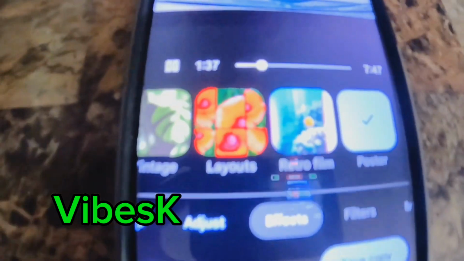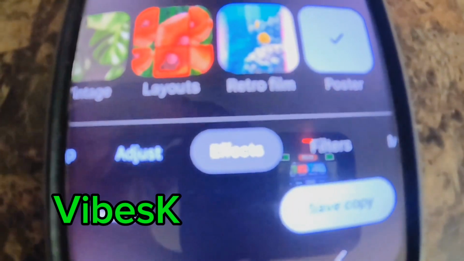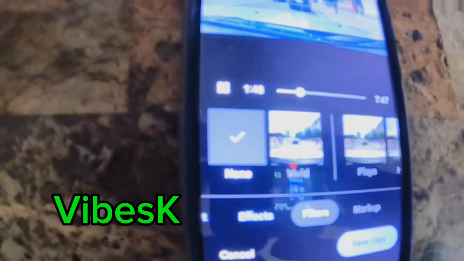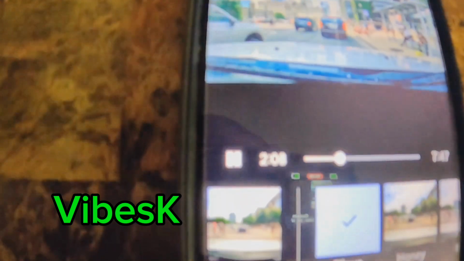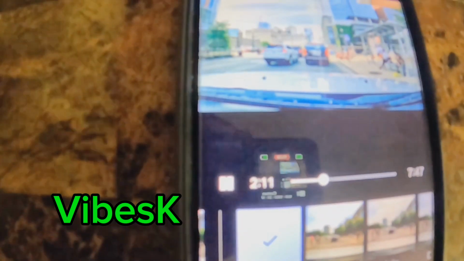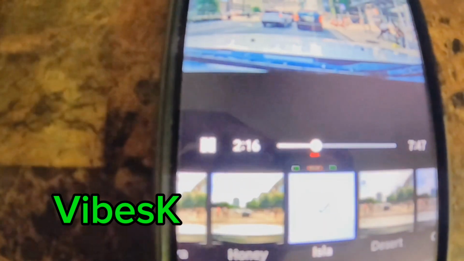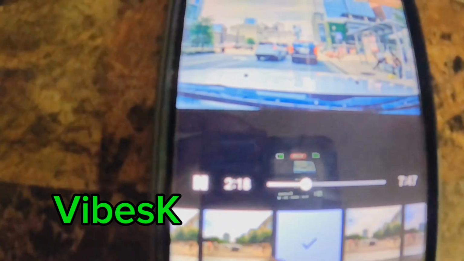If you are still editing, you go on to the next, which is this here, filters. So if we hit filters, it's gonna show you all the filters that are available for your video. Right now I have no filters, none selected, but if I were to use them, the first one is Vivid. So that's how it will look like with the Vivid. You have Player, you have Honey, you have Isla, Clay,